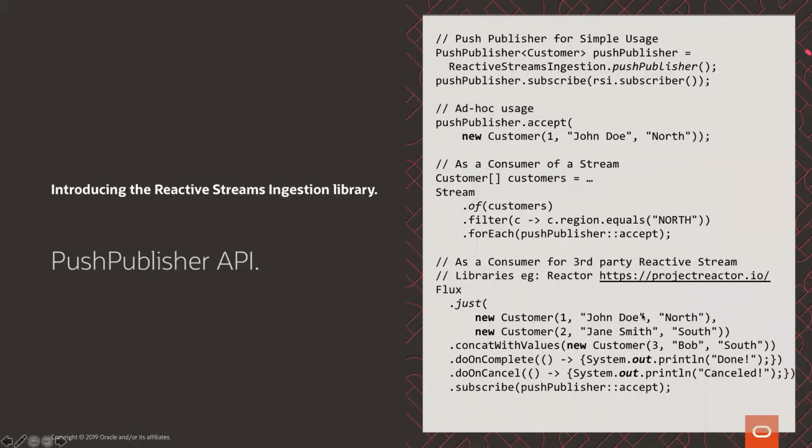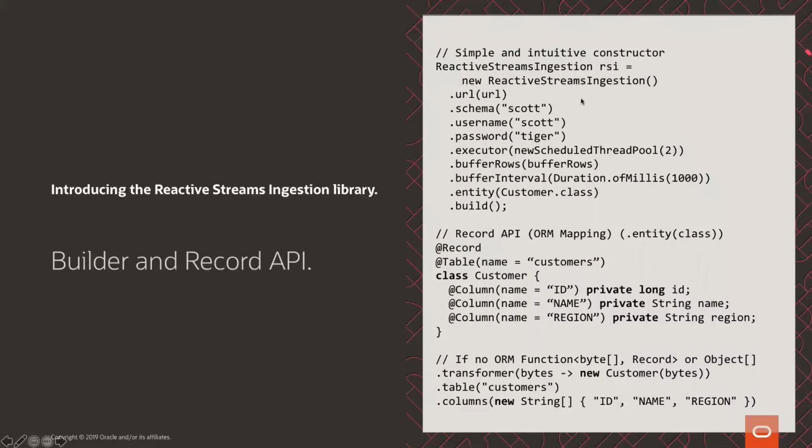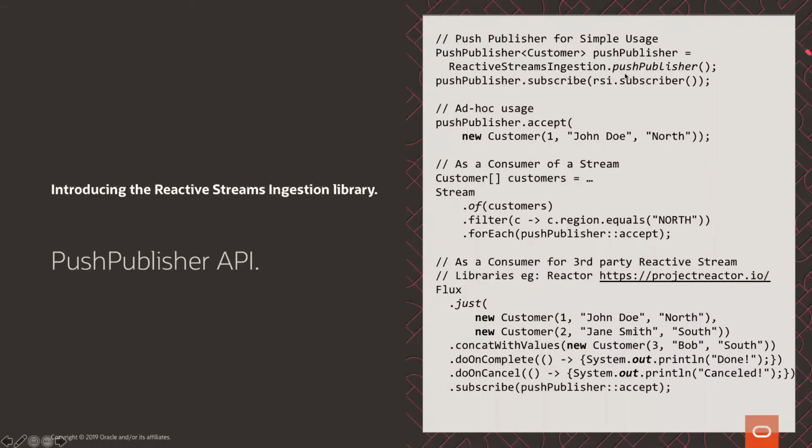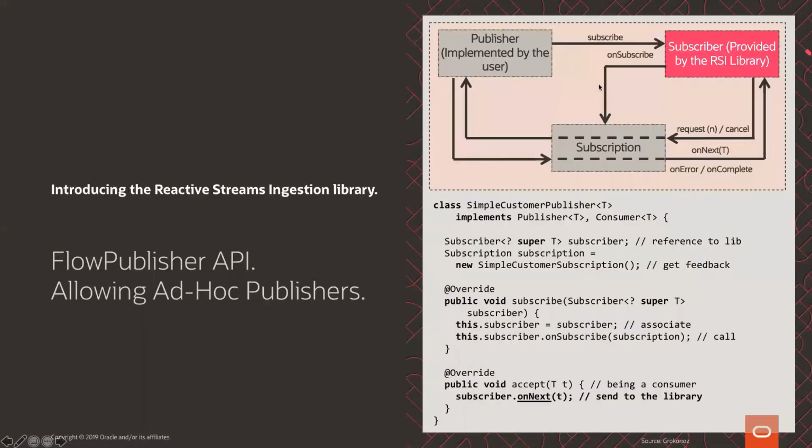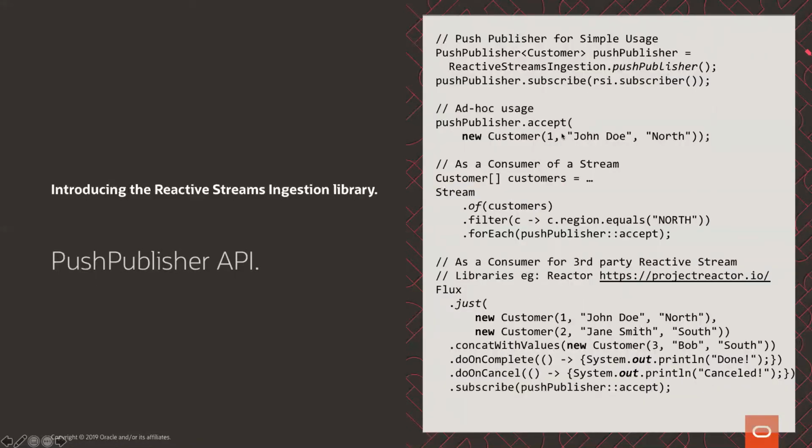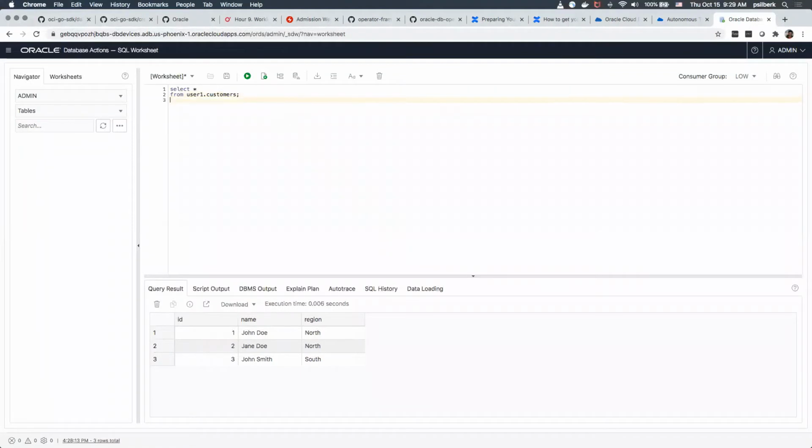The push publisher, like I was telling you, is something very simple. You create a publisher, then you hook it with the library using this, and then you just use the accept, and that's it. There is no more than that. Then you can insert by using a string, or you can also use Flux. I can show you the reactive stream. This sample, I think, is a Flux. Let's create this table so you believe that this is working.